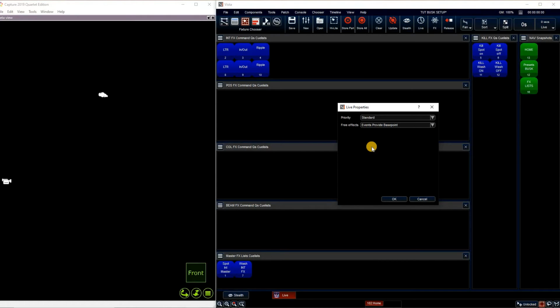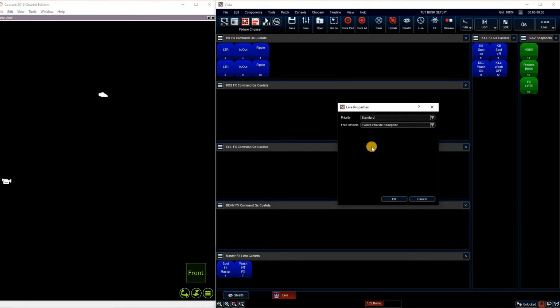By default, Vista has its live priority as highest. So when you have something playing back from a queue, you can then grab stuff in live, make a new look, and then store it over the top of it. But this method means that because live is highest, if we start to try and use our presets in live, it can overwrite some of our queue lists that we're trying to play back from. So what we need to do is set the live priority to standard, so live works in tandem with our